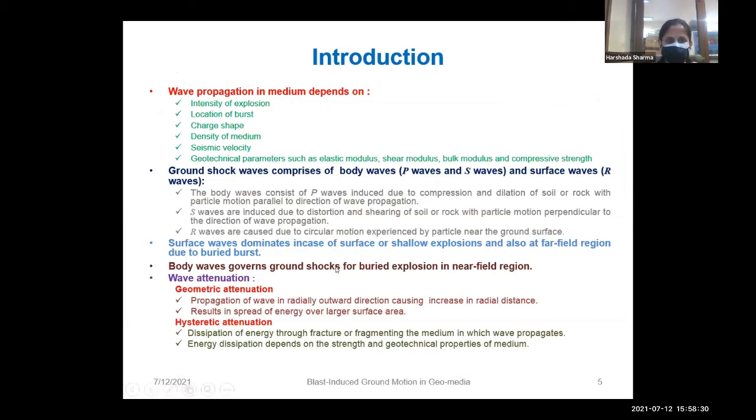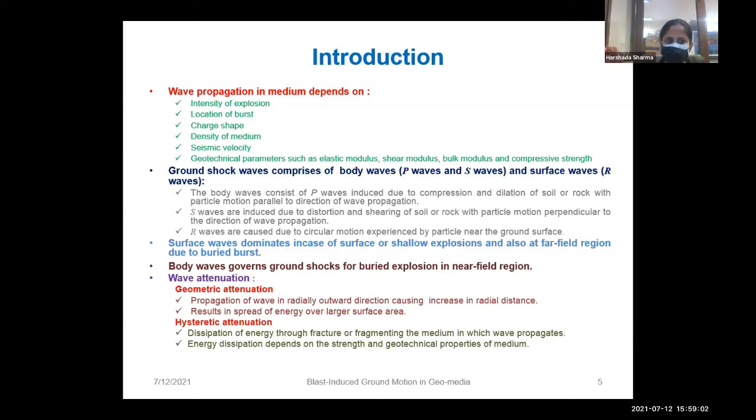These ground shocks, when they are generated, comprise body waves and surface waves. The body waves are generally termed P waves, which are induced due to compression and dilation of soil or rock with particle motion parallel to the direction of the wave propagation. Whereas S waves are due to the shearing or distortion of soil or rock, and these particle motions are perpendicular to the direction of the propagation of